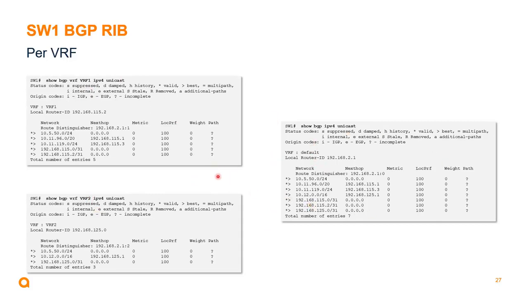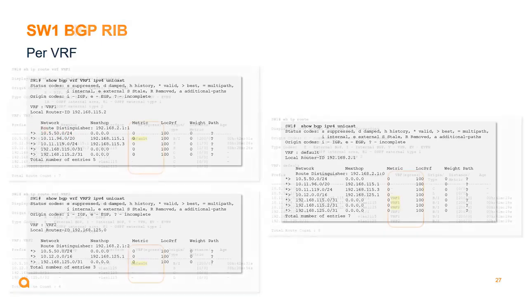What is important to note is that we'll see in the default VRF all the routes that are populated from the BGP VRF for VRF1 and VRF2. And similarly, in VRF1, for instance, we'll see that 10.5.50.0/24 is the route for the services server.